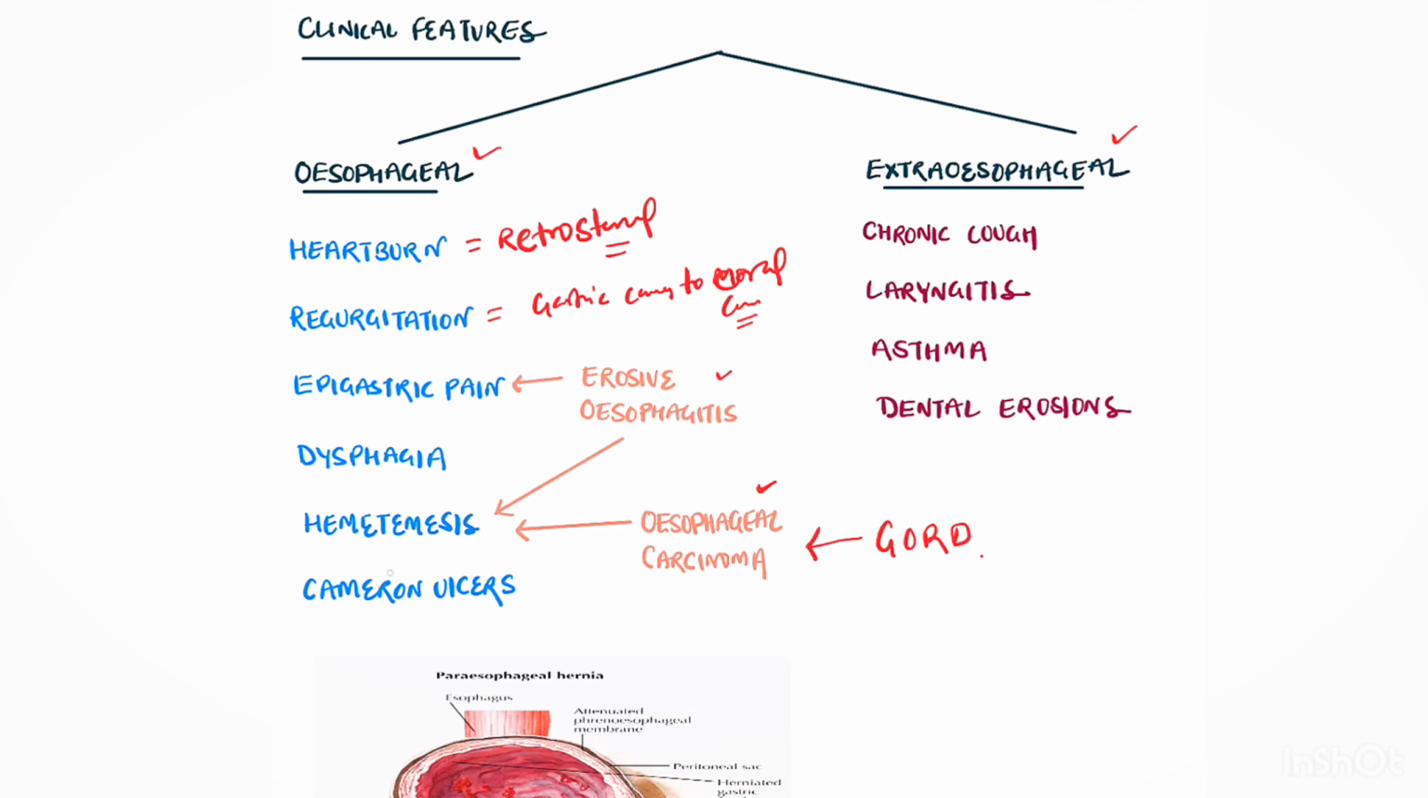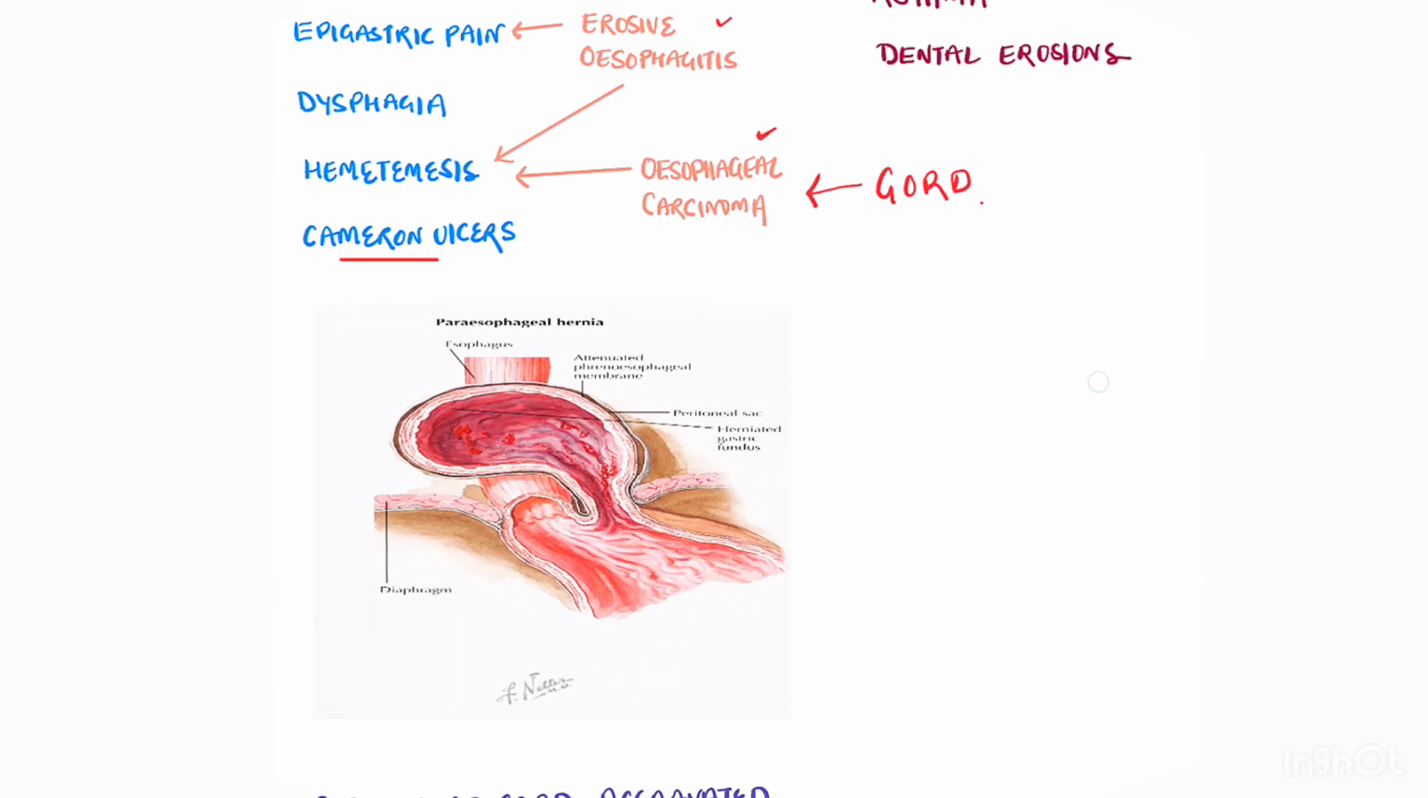And there is risk of Cameron ulcer. Now what is a Cameron ulcer? Here you can see the hiatus hernia in this picture. This is the diaphragm and the stomach herniates through the hiatal opening. So in this part of the hiatus hernia, in this cavity there are ulcers which are known as Cameron ulcers, which are the most common with